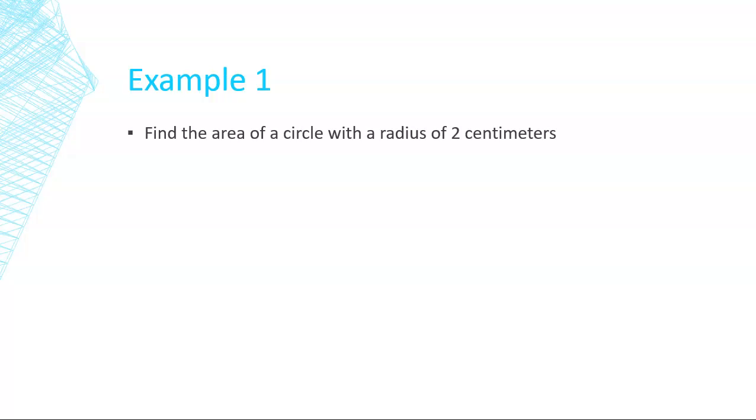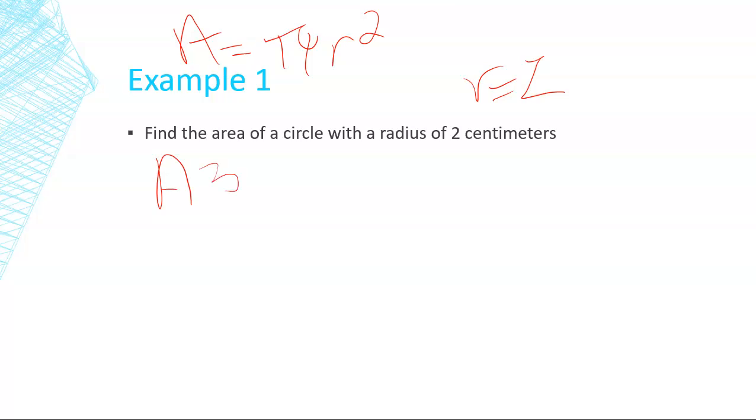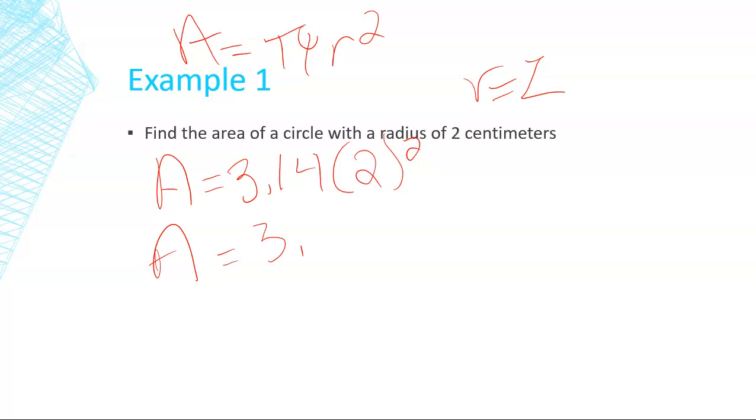So my r is 2. And my formula is A equals pi r squared. So what I want to do is plug in there. I'm going to plug in 3.14 for pi. And I'm going to remember to write equals. Okay, so 2 squared is 4. So I have 3.14